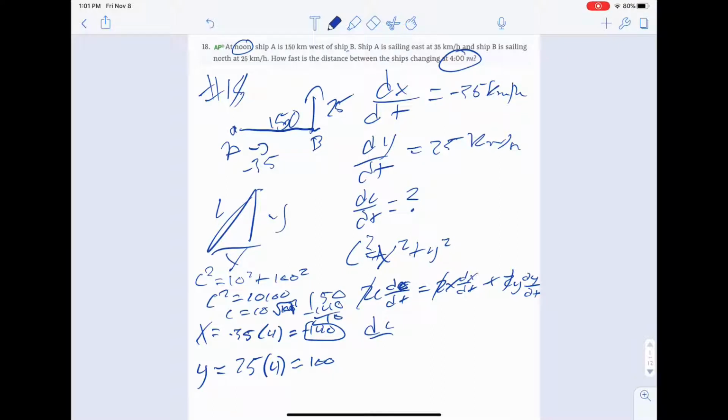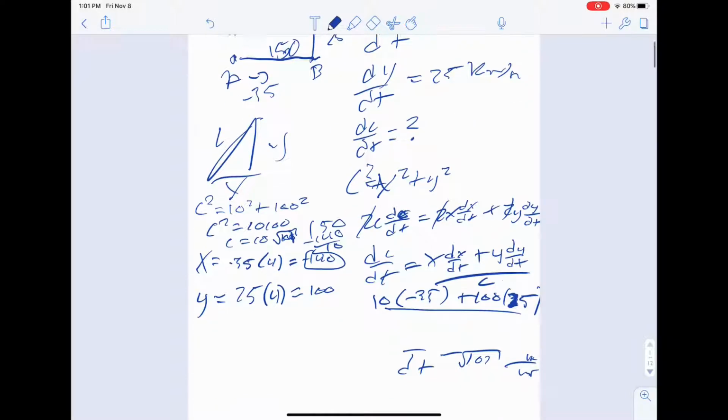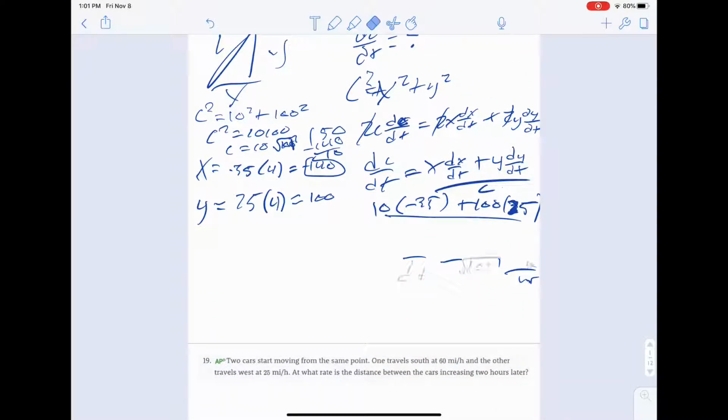So that would leave us with dc over dt is equal to x dx over dt plus y dy over dt all over c, which then we can plug in our values. So we'd have 10 times negative 35, plus 100 times 25, all over 10 square root of 101,